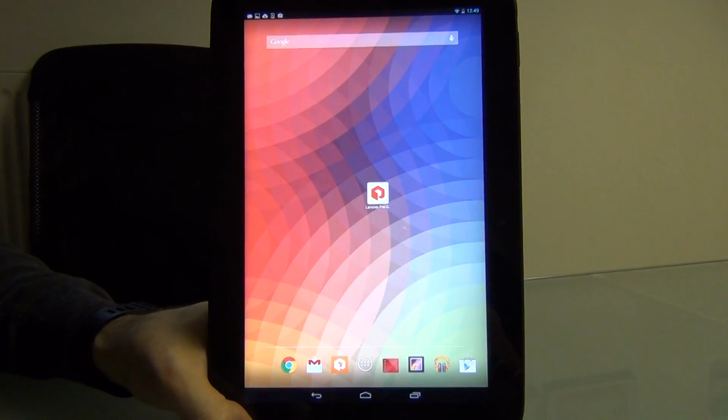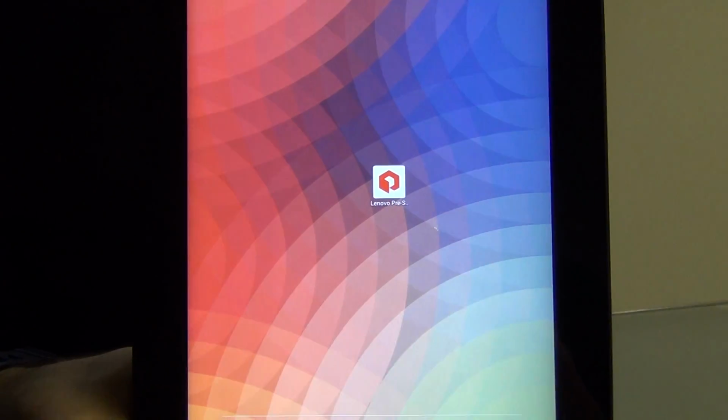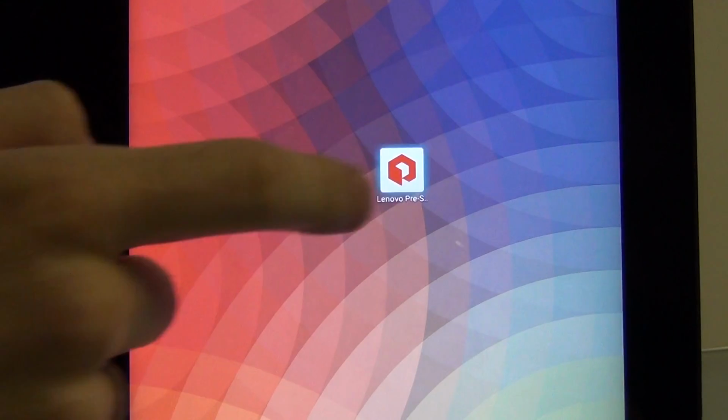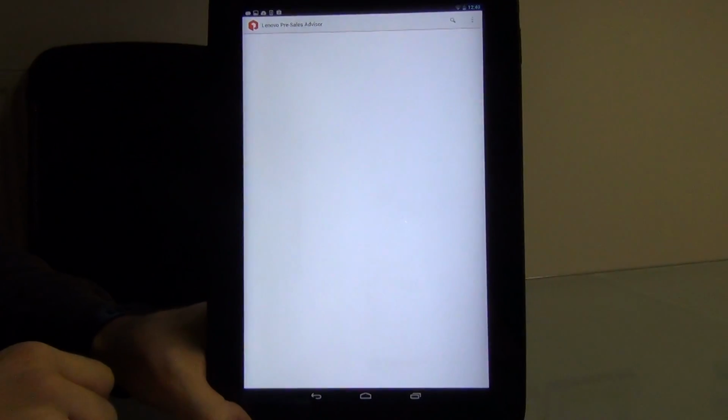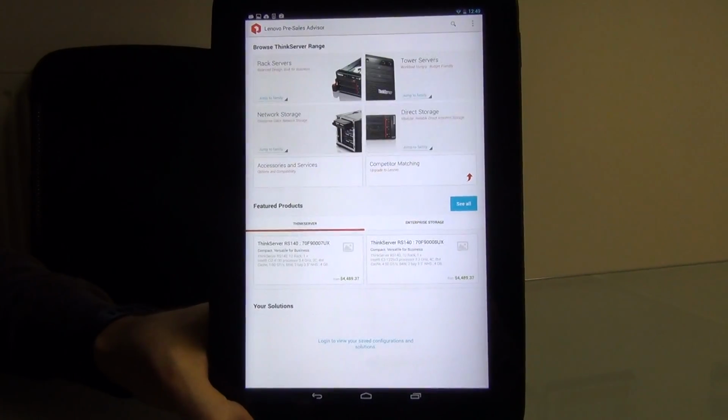Today I'll be giving you a video run through of the current state of the Lenovo ThinkServer Pre-Sales Advisor app, and we'll be demoing this on a 10-inch Android tablet. So if I just launch the app from the home screen, the first page that loads is the home page,